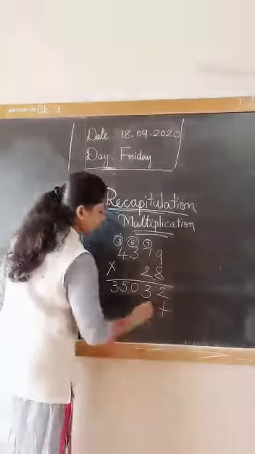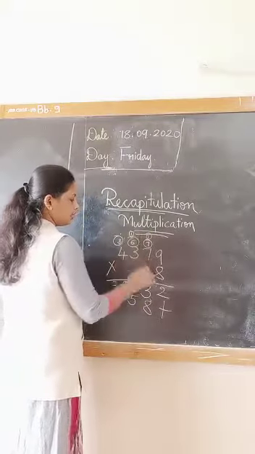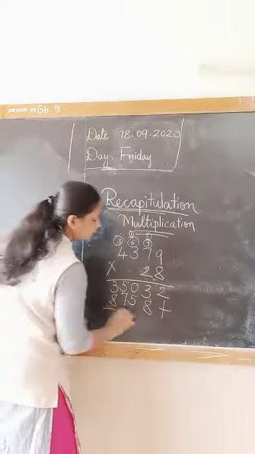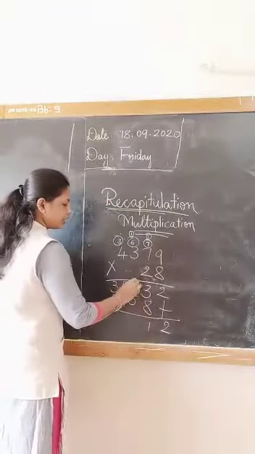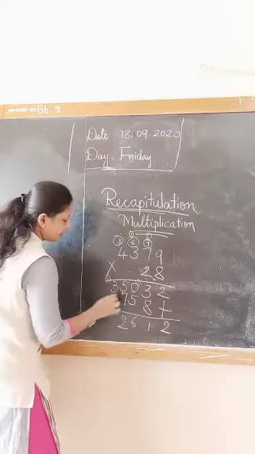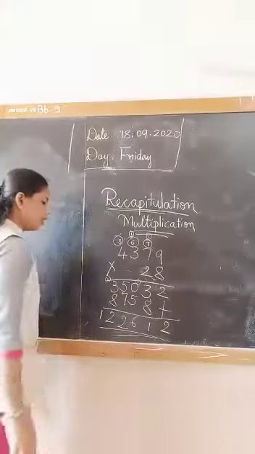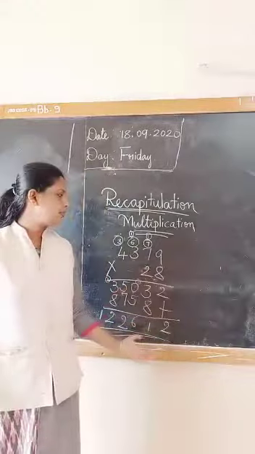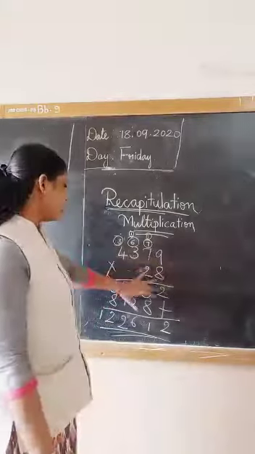2 nines are 18. 2 sevens are 14 plus 1, 15. 1 carry over. 2 threes are 6 plus 1, 7. 2 fours are 8. There is no carry over now. Just add it. 2, 8 plus 3, 8, 9, 10, 11. 1 carry over. 6 plus 6 is 12. 8 plus 1 is 9. 9 plus 3 is 12. Which is 1,22,612. So this is how you can multiply the numbers. The first number's carry over will be on the first line, the second number's carry over will be on the